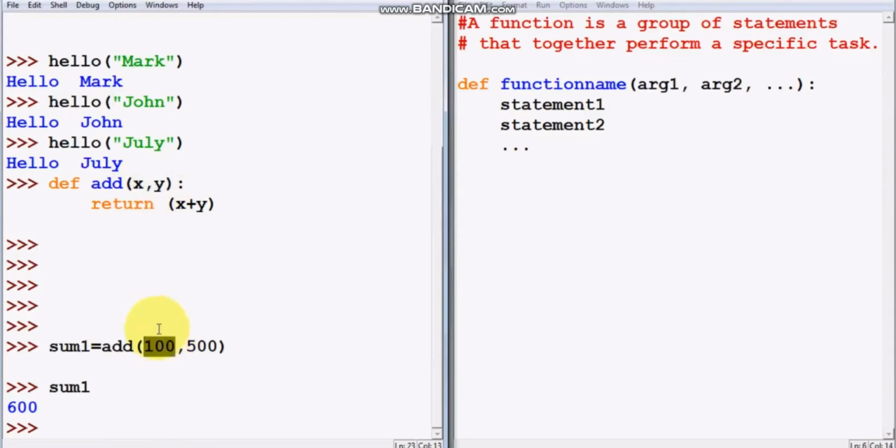So what this add function has done for us, it has taken x and y. So 100 is assigned to x, and 500 is assigned to y, and then it adds the values of x and y, which is 100 plus 500, and it returns the result. And when a function returns any result, you can save it into another variable. So it has saved this result into the sum variable. And the same thing you can do again and again. So for example, you